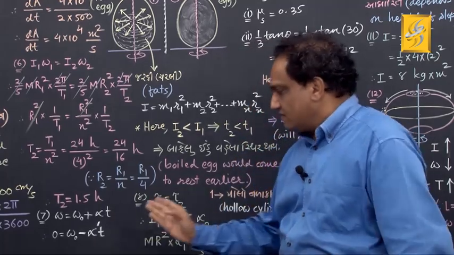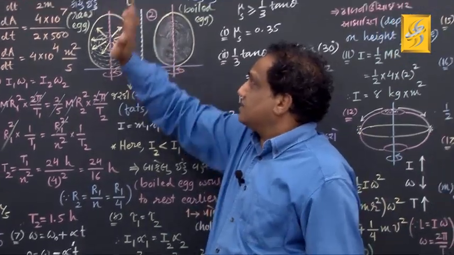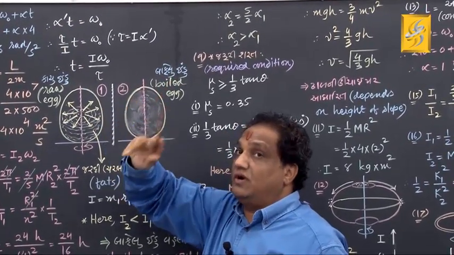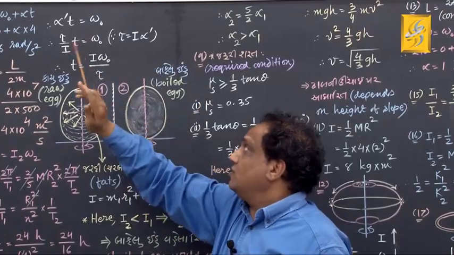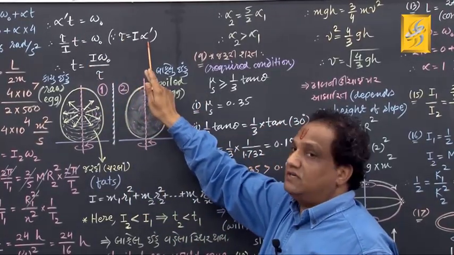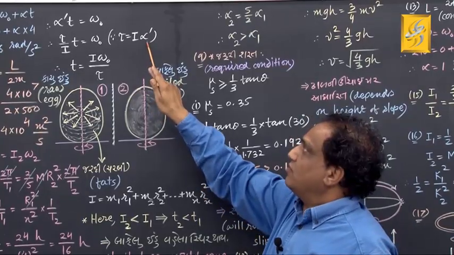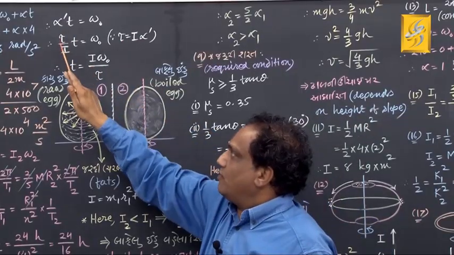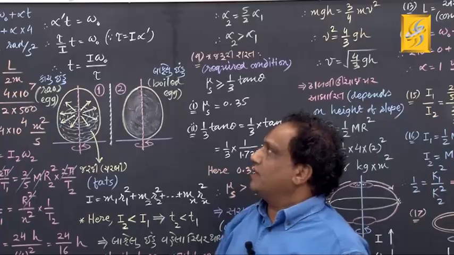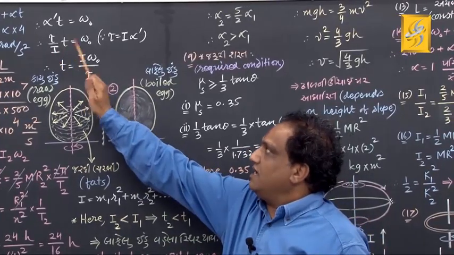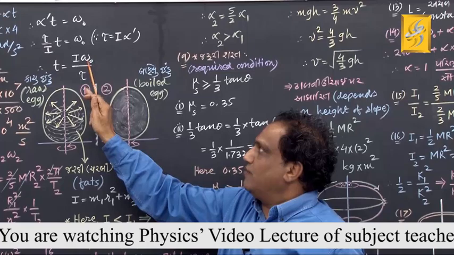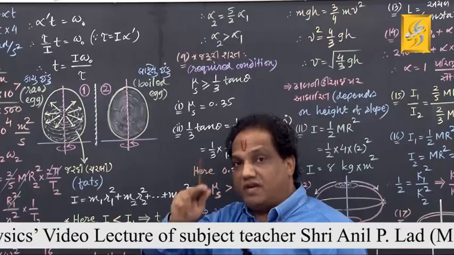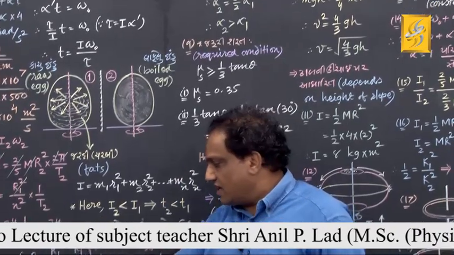into t, and now transfer this. From minus it will become plus, and now find out the alpha dash value. Alpha dash is angular deceleration, its magnitude is alpha dash right now. Tau equals I alpha, instead of alpha I am putting alpha dash. Find out alpha dash, it will be tau upon I. Alpha dash into t equals omega 0. Find out t: I into omega 0 upon tau. What is this t? The time taken by the given egg to come to rest,